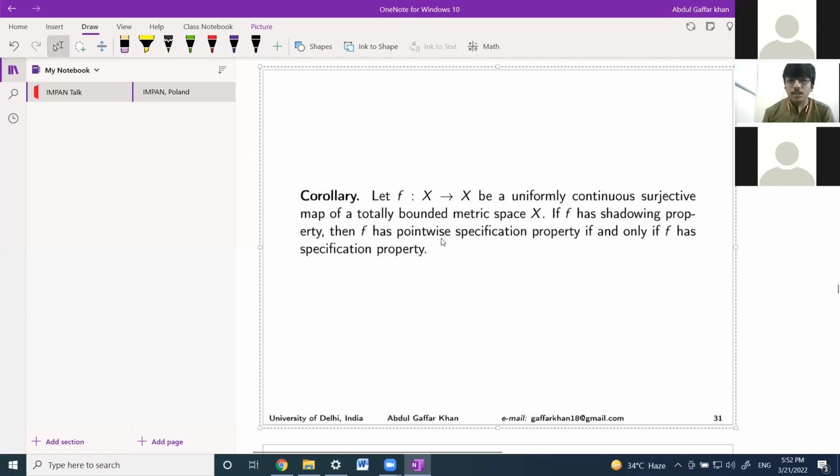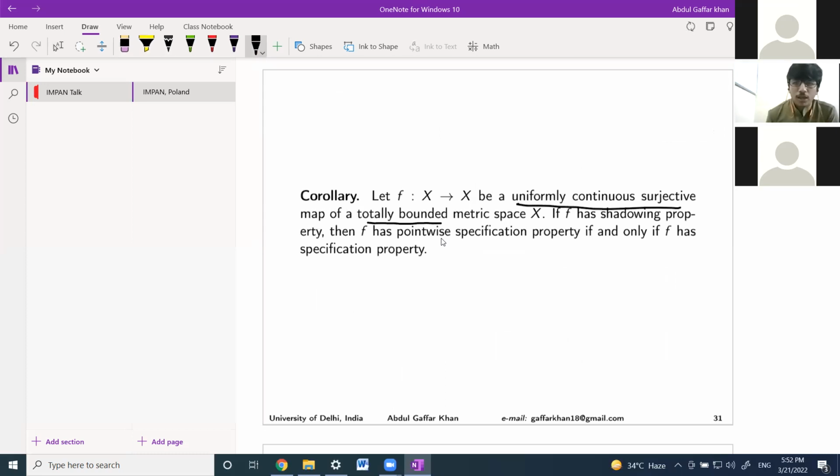So using the above theorem, we can conclude that if f is a uniformly continuous surjective map of a totally bounded metric space, then f has pointwise specification if and only if it has the specification property, provided f has the shadowing property. We still don't know whether this relation holds in general or not. To prove this fact, definitely specification will imply pointwise specification. To prove the converse, we have used the result that if f has shadowing,